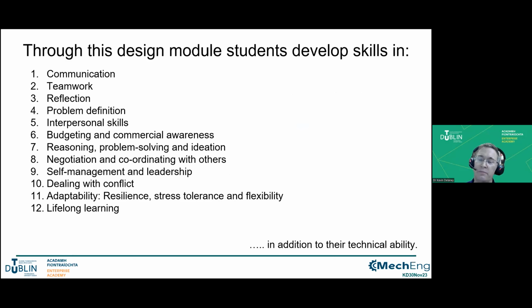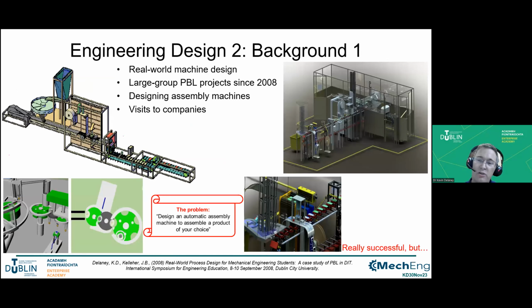So first of all, I'm going to talk a little bit about the module that is the vehicle for this, I suppose. The module has been running since 2008, and I've been working on it since 2008. And it is most definitely the surfacing element that Kieran was talking about, that we've always been doing this idea of developing and integrating transversal skills. When the module was initiated, we were calling it real-world machine design. It's a problem-based learning module. It is a large group problem-based learning module. And we were getting the students to design assembly machines. The students were managing the entire process themselves, and the lecturers involved were working as facilitators.